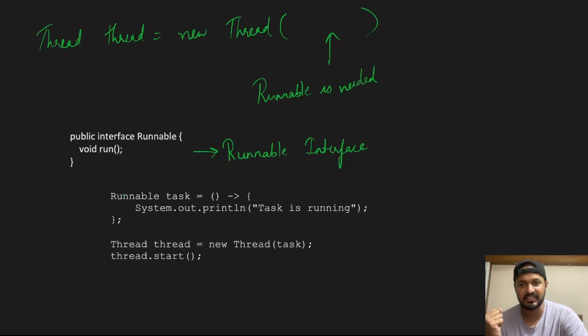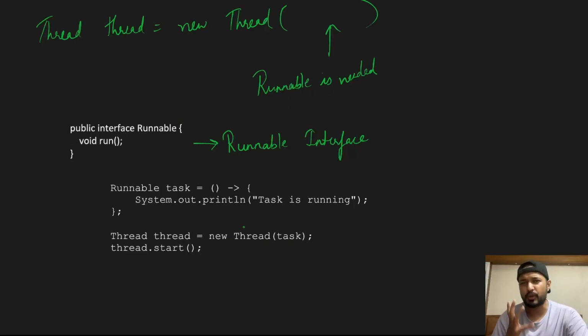So in short, this is how you do it using a lambda expression, correct? So you have created a Runnable and then you pass that Runnable into the constructor of the Thread class and call thread.start, right? So a new thread will be spawned and whatever is present inside the run method is executed. Correct? So the conclusion is a task will only be executed by threads if it implements the Runnable interface and overrides the run method, right?